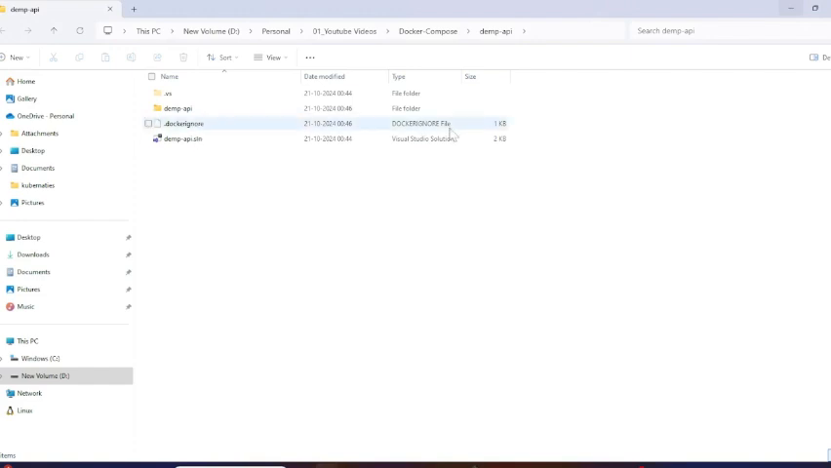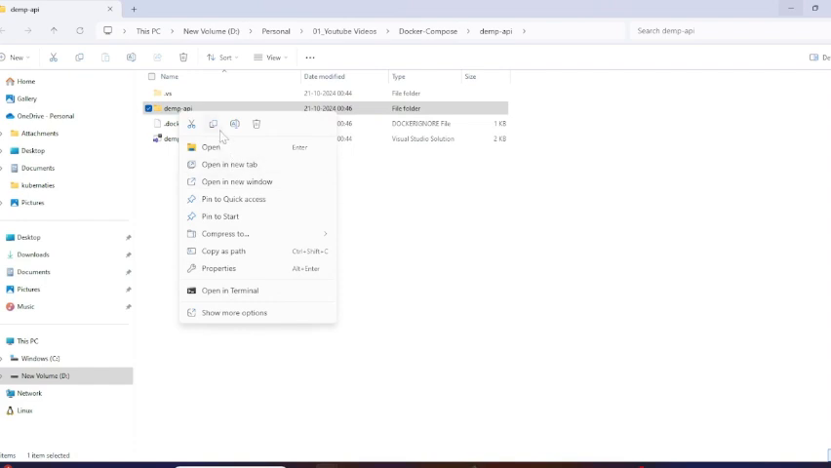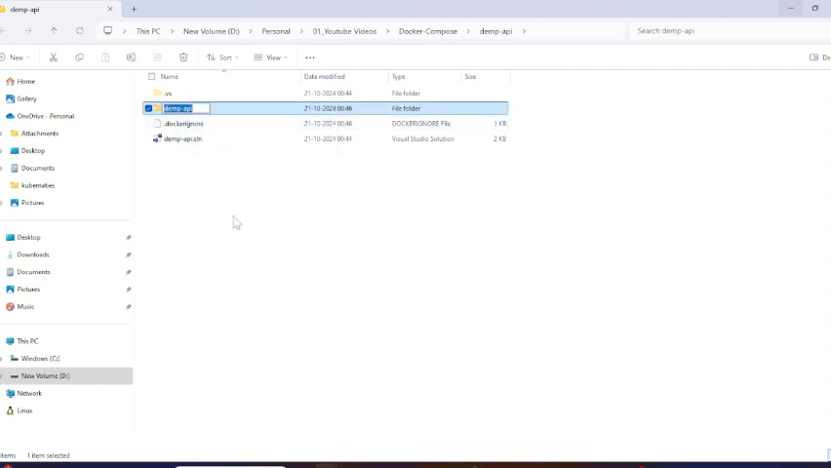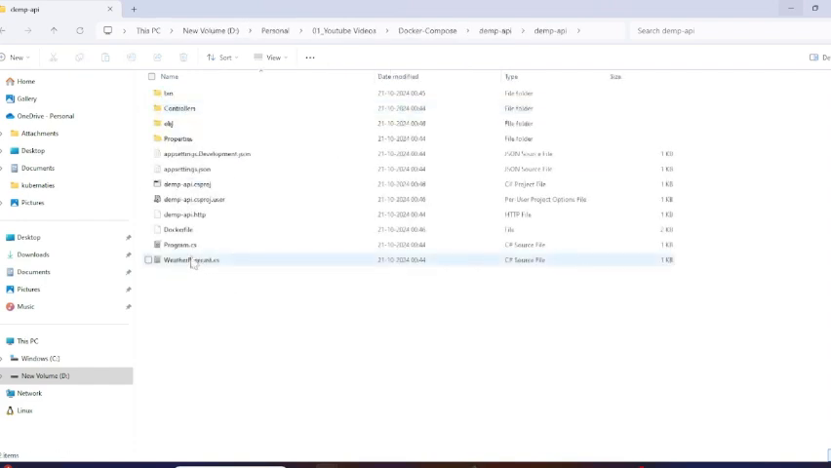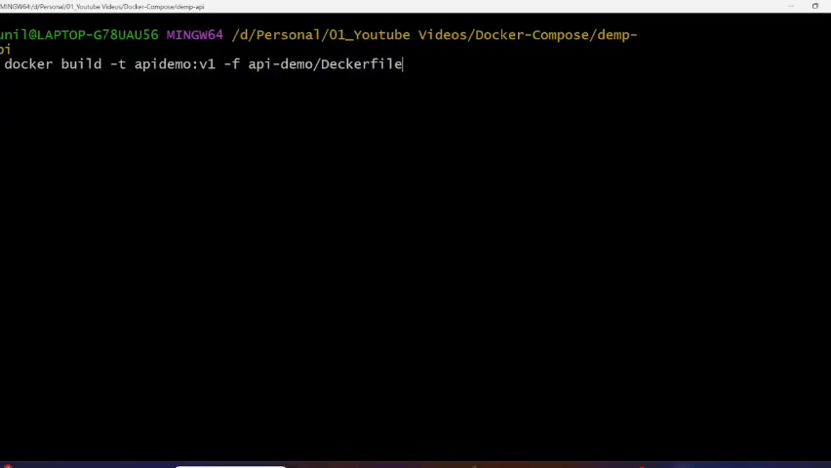So it is basically okay, no problem. I have just, due to a typo, whatever the folder name is, I need to give the folder name basically. So I will rename it, and this is my Docker file. So I need to go and correct it. So instead of API demo, it will be